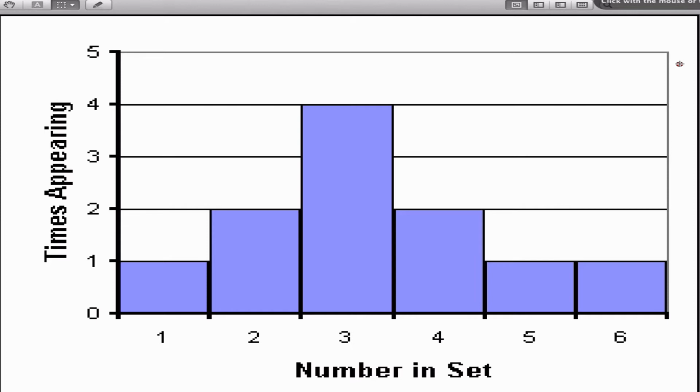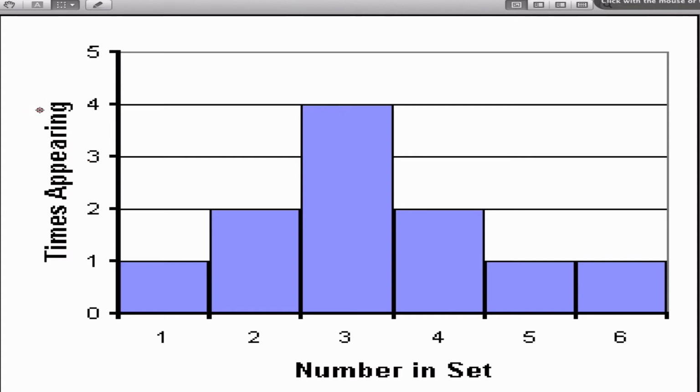A lot of you guys did a lot of good things when we made the histograms before, but a histogram is real specific. Here's what a histogram really needs to make it a histogram and not just a bar graph or some other type of graph. All right, histograms need to have